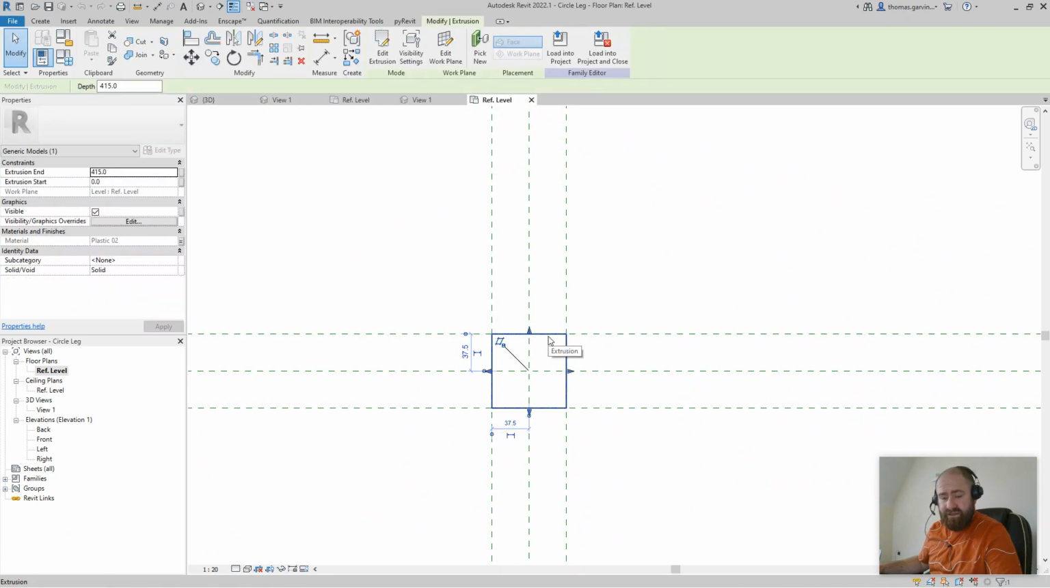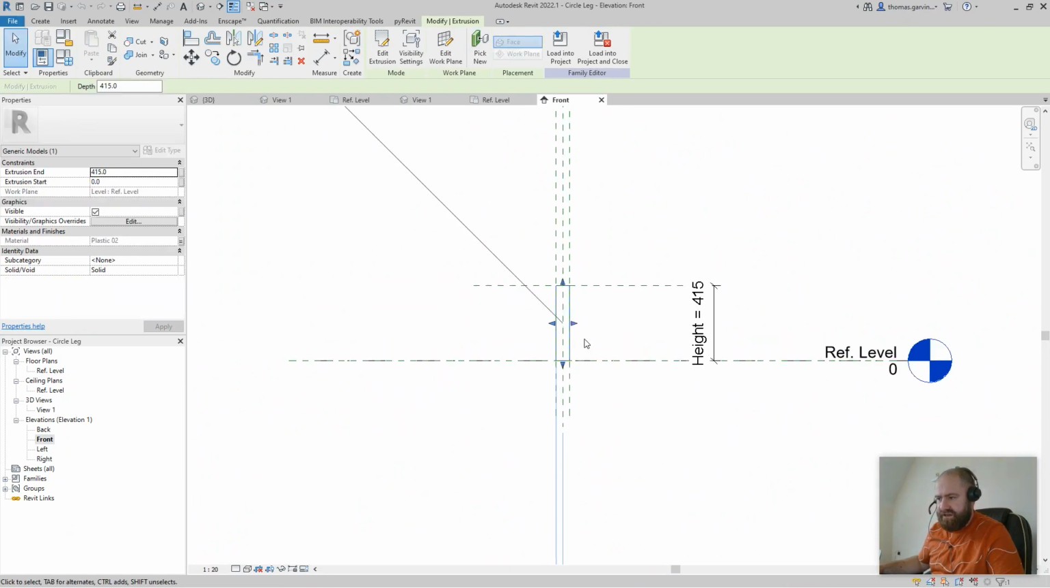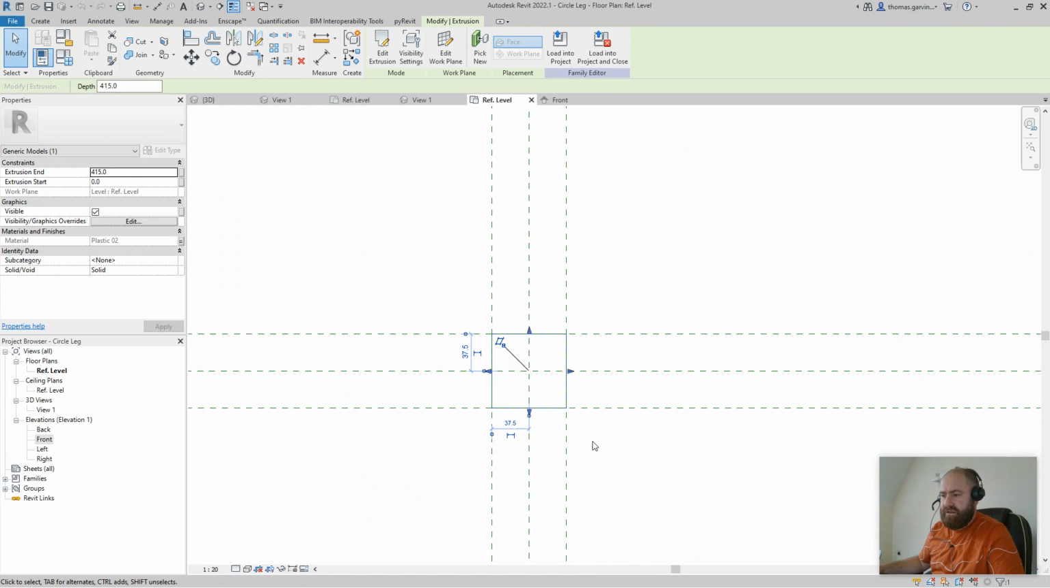I'm not even going to delete the extrusion. What I'm going to do is edit the extrusion. So the top and bottom constraints, if you look at the elevation, this extrusion is already constrained to the reference level and the reference plane on the top there. Okay. So if I go back in